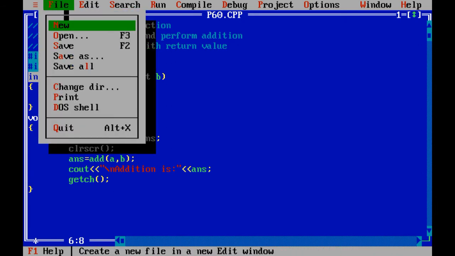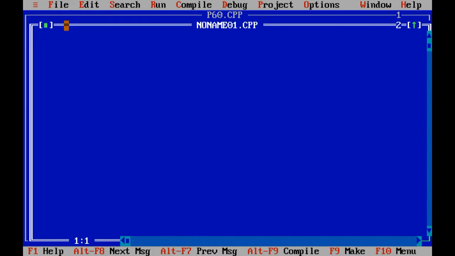Let me take one new example regarding the inline demonstration, in which first of all let us take an input number from the keyboard and perform the square of that number. And inline is applied to a UDF only, right?